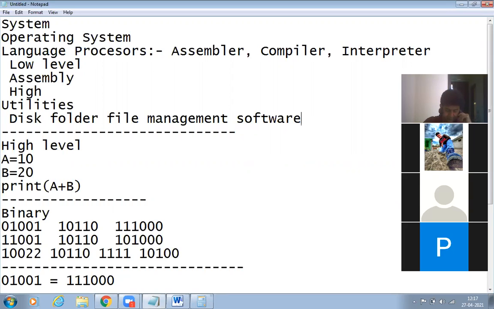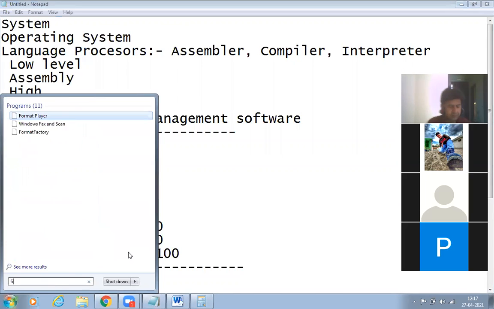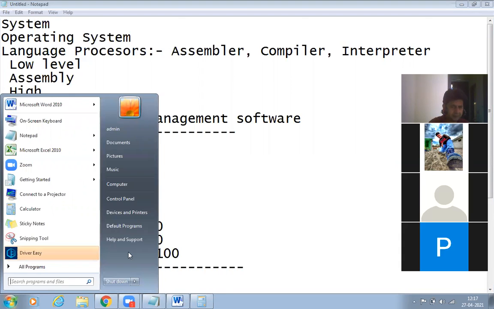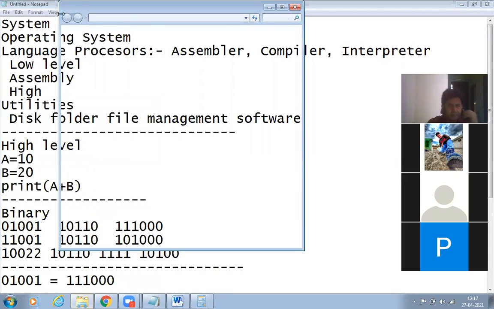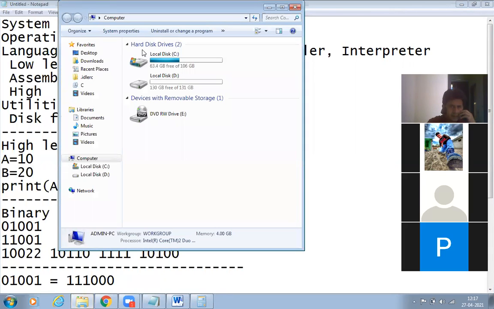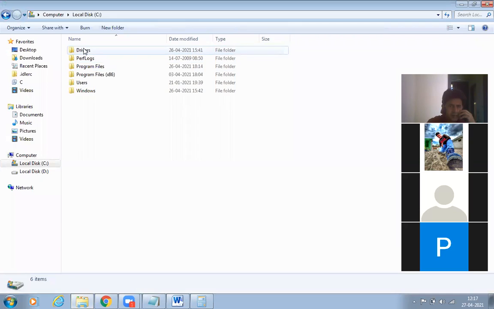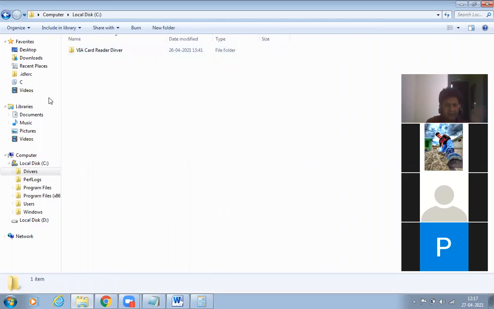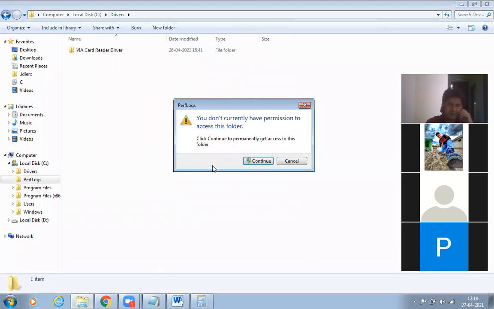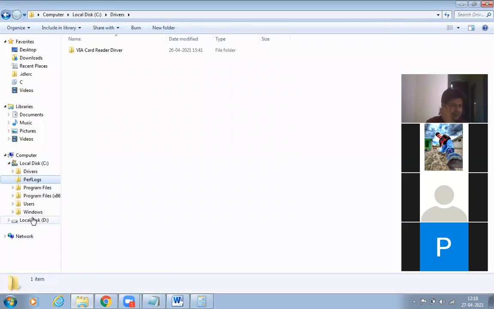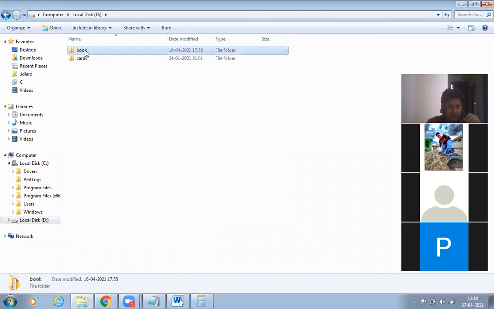For example, if I open File Explorer, look here, in Windows, if I open any particular drive, there are some folders.